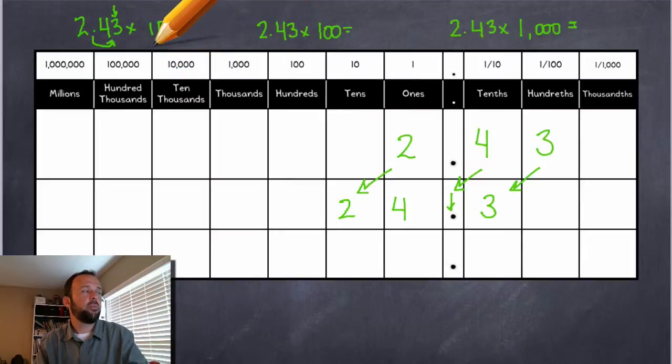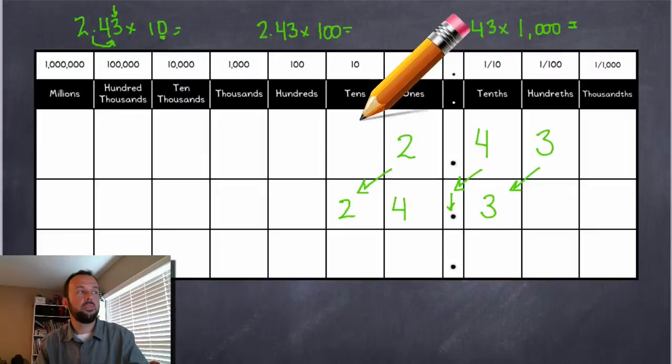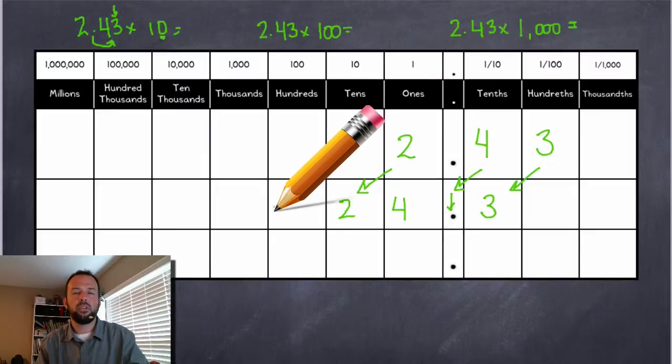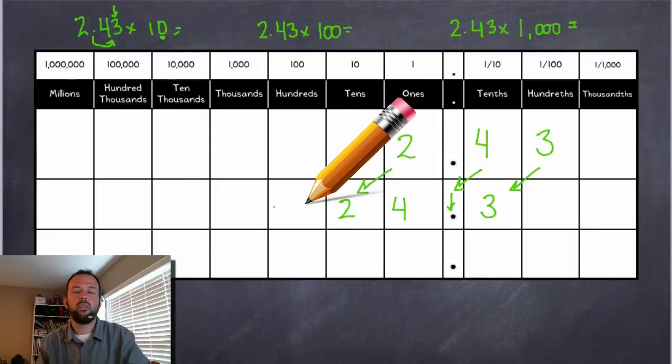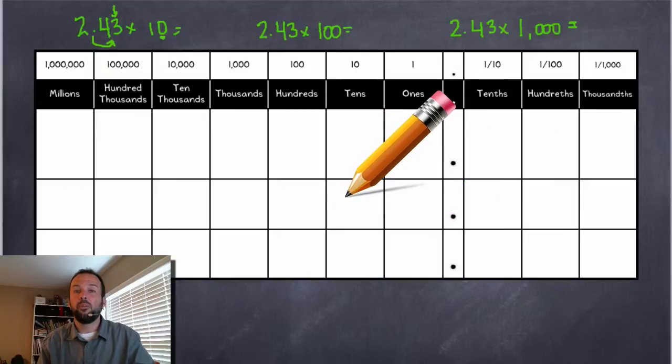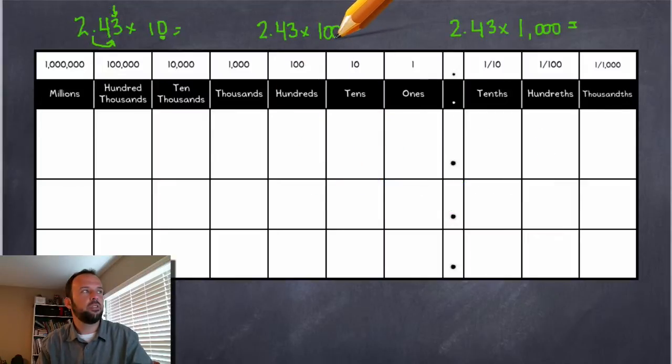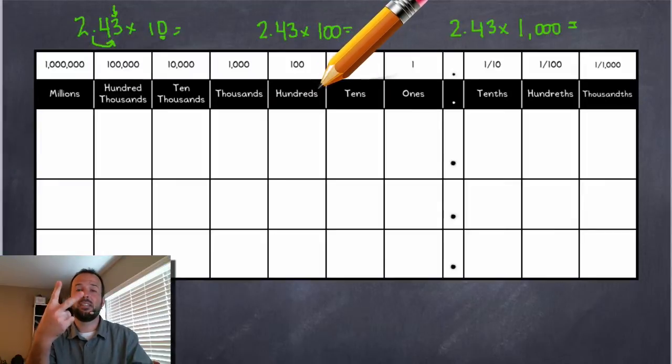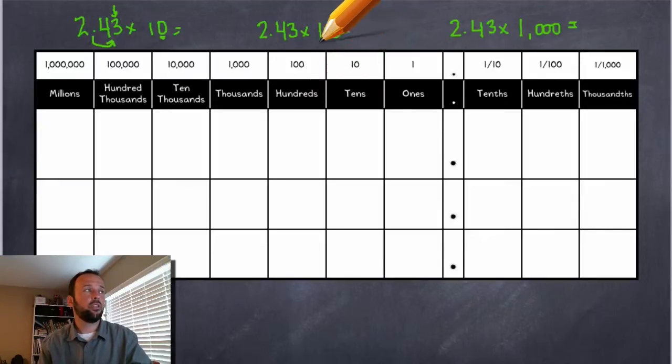Okay, so if I moved everything by one spot multiplying by 10, what do you think is going to happen if I multiply by 100? Take a minute, think about that. Use your place value chart to help you out, and what do you think your answer would be? All right, well, if I'm multiplying by 100, I have 2 zeros, which means I'm going to move everything 2 spots. Also, I can think of it as 10 times 10 is 100, so I'm going to move everything